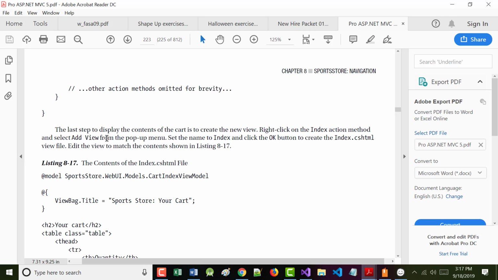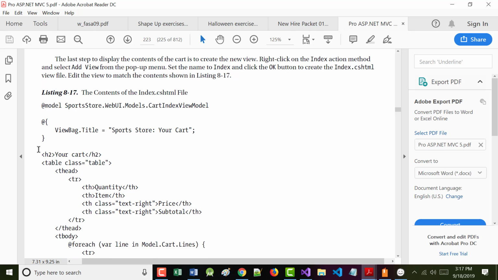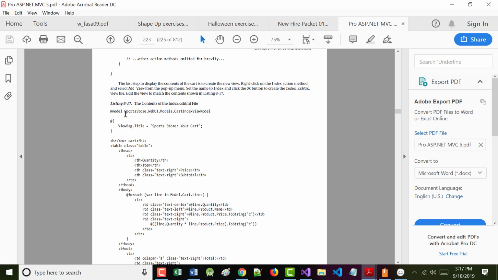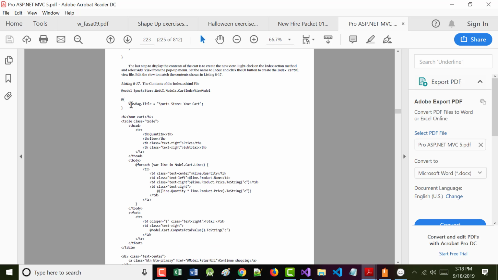It says the last step then that we have, and I'm on page 223. So the last step that we have to display the contents is to create the new view. Right-click on your index method, select Add View. All right, and we're going to add all of the code that's shown on 223, on the rest of the page here. So again, I'm going to make this smaller so I can grab all of it at one time.